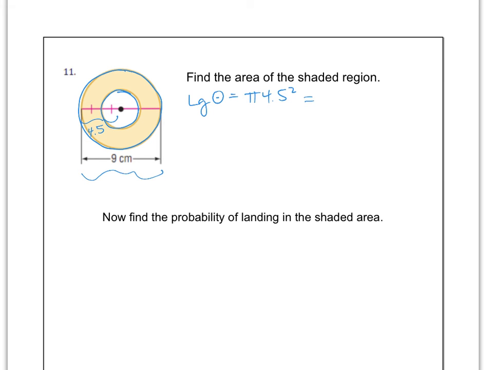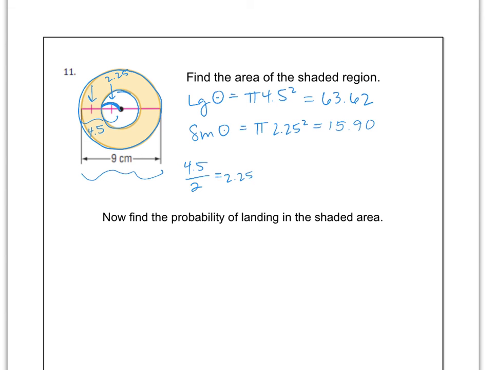This turns out to be 63.62. Now I'm going to do the small circle. Now the small circle only has a shorter radius right here. And so see how we have 2 tick marks here and here? We're going to cut the 4.5 in half. So 4.5 divided by 2 is 2.25. And that's going to be the length of the radius of the small circle. So it's going to be pi times 2.25 squared. This is